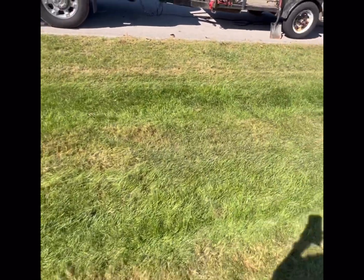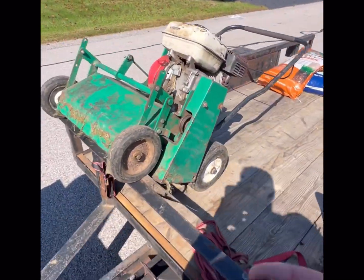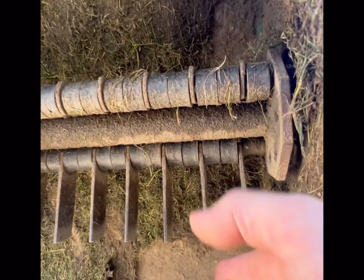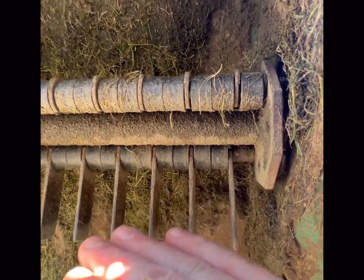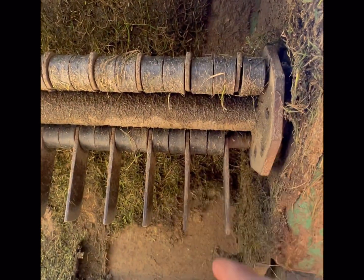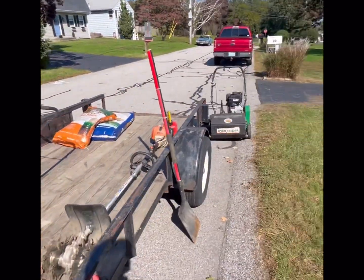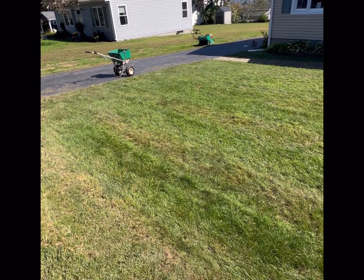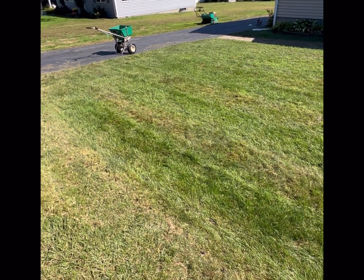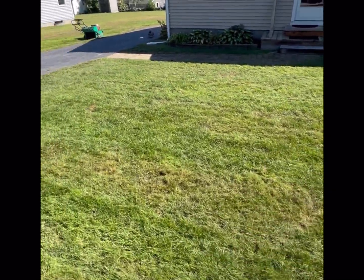And that's because this is a thatcher. By nature, this is almost like a walk behind mower, but I propped it up so you can see what's going on underneath. All these little blades. So instead of a lawnmower, the blades are going horizontally. These are just going flat, and there's two rows of them, a top layer and a bottom layer. Now that machine is going to be going over the lawn, and it's just slicing down inside it. But the blades are blunt on one side, so they're designed to rip up the debris and get down underneath it. So once we have that done, that pulls up all this stuff, but then you have to rake it